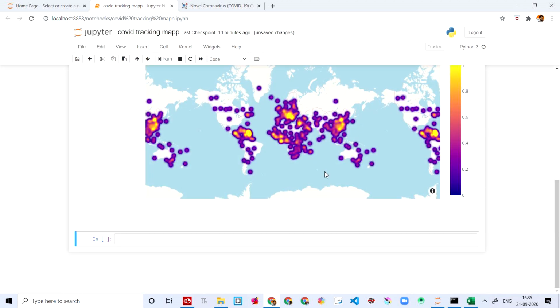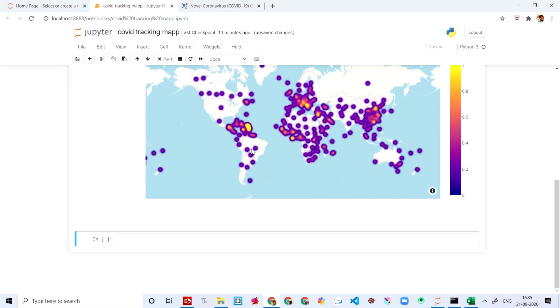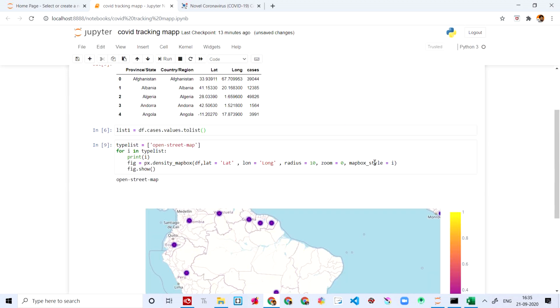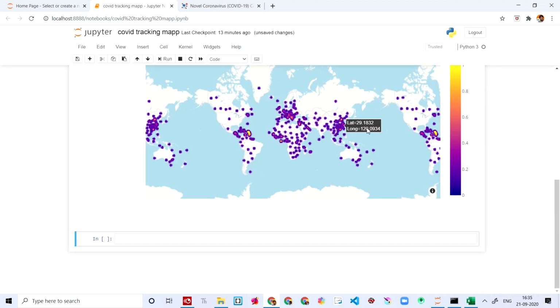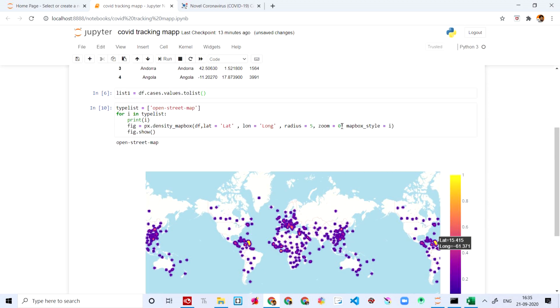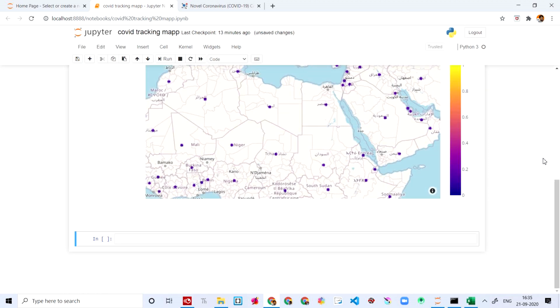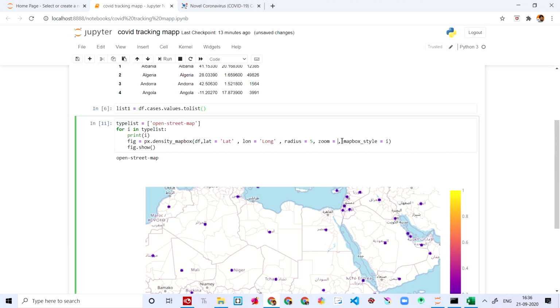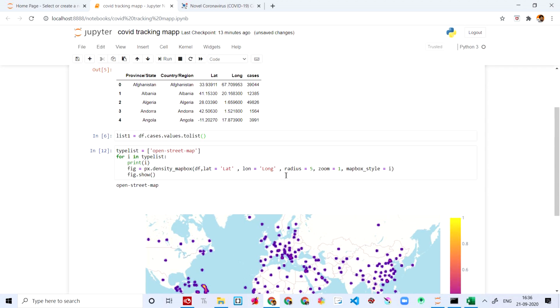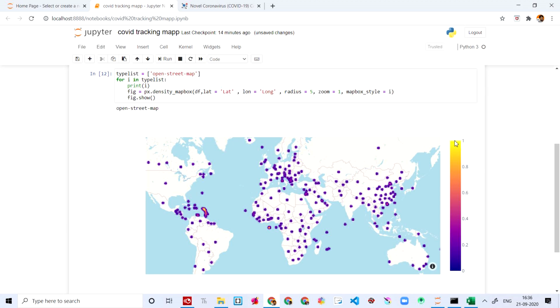It's gonna be really big, you saw. Let's set this to 5. That would be enough. And now let's check if the zoom works. We're gonna set it to 3. You see, it's zoomed. We're gonna set it to 1. Yeah, so you see, this one is the perfect one.